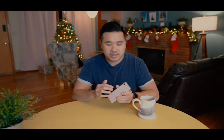I wanted to make a new video on the Google Pixel 3. I wanted to review this phone to you guys and just give you a heads up on how I feel about the phone after using it for about 2 to 3 weeks now. It's my main phone. I picked up the 64 gigabyte not pink model, which is awesome because this color actually